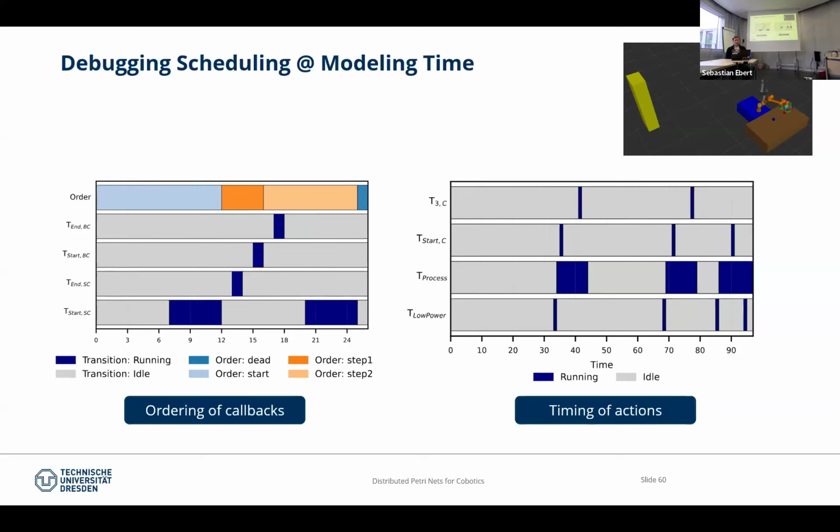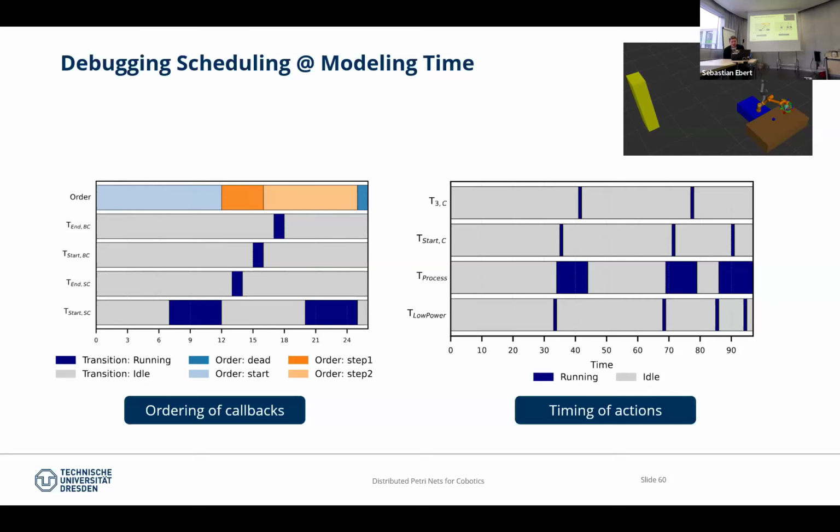On the other hand, we can also go for the ordering of callbacks. This is done by attaching an additional automaton, which is on the top lane here, orange marked, and changes its value based on the transition fired. So that helps us to detect scheduling and timing defects, and also the influence in the end of groups, which extends then to node local and cross nodes, because we can generate these traces also for multiple nodes at the same time. This was now at modeling time. We will look later on at the runtime.